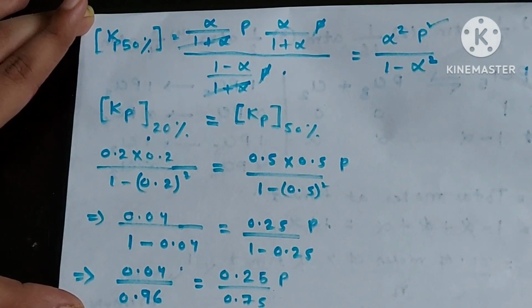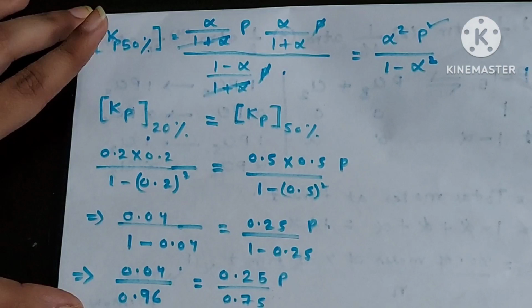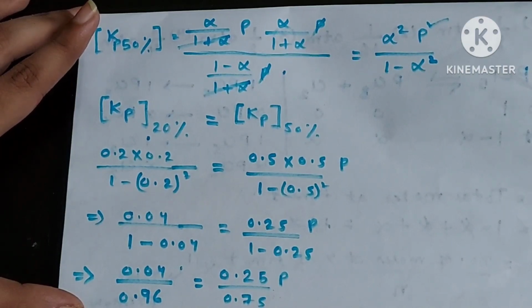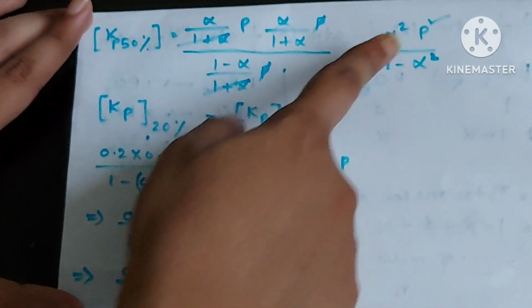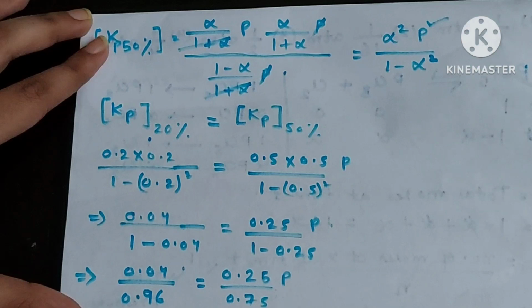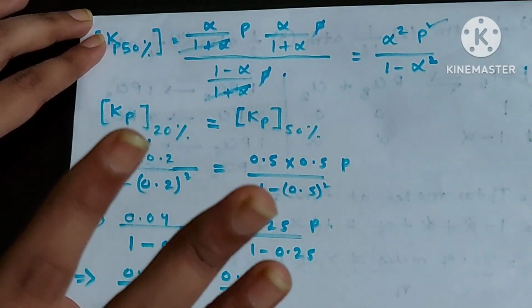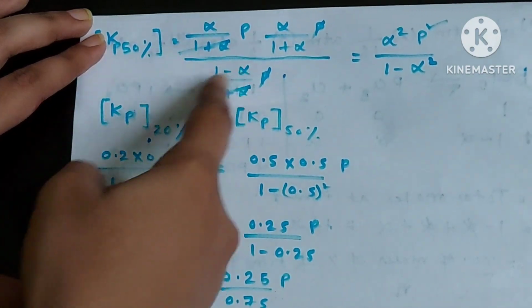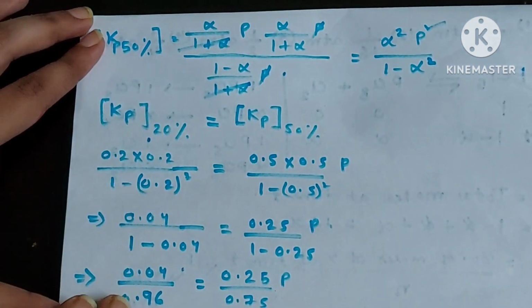Next we will find Kp when the dissociation is 50%. Now at 50% the total pressure is not given in the question. So we have to find the total pressure in this question. This will be the answer for this question. Similarly, as earlier, we will put the values of alpha by 1 plus alpha and the values of partial pressure, and these two will be cancelled, and here P into P will be cancelled and 1 P will be left.